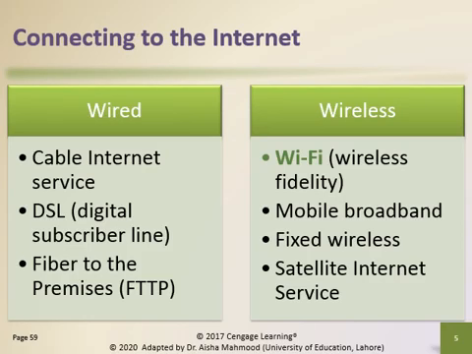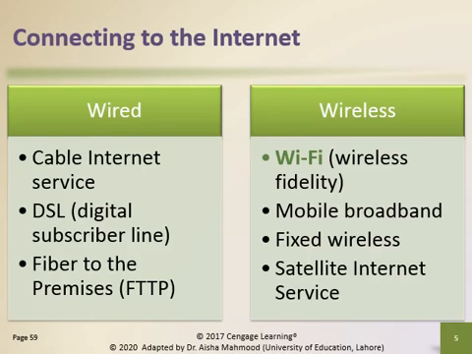Welcome back, students. Now let me summarize the key points. Here you can see there are two tables right now. These are the examples of popular wired and wireless broadband internet service technologies for home as well as for small business users. So first of all, on the left side, you can see the three wired technologies.